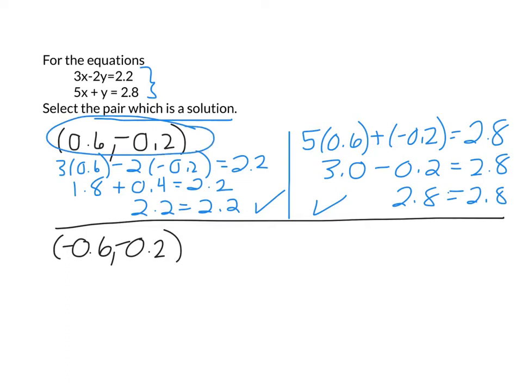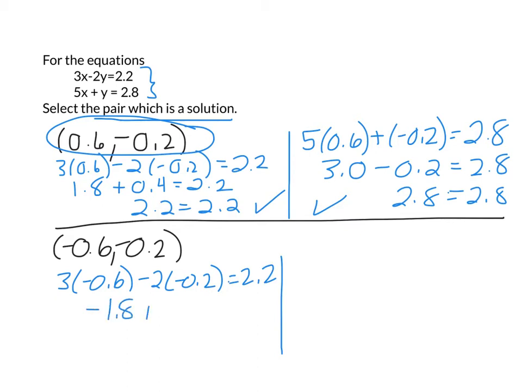Now we should go through just to make sure that there aren't any other solutions given the pairs that we had. So we're going to go to our next one. So we're going to substitute 3, negative 0.6, negative 2 times negative 0.2 equal to 2.2. And that will give us a negative 1.8 plus 0.4 equal to 2.2. That would give us a negative 1.4, which is not equal to